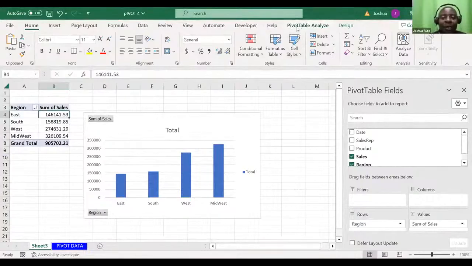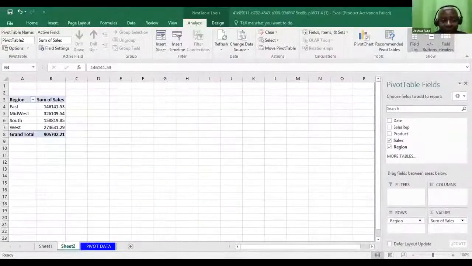Let's go slowly. Share your screen so we can see. You see, like now it has no pivot analyze, but it has the pivot chart automatically.